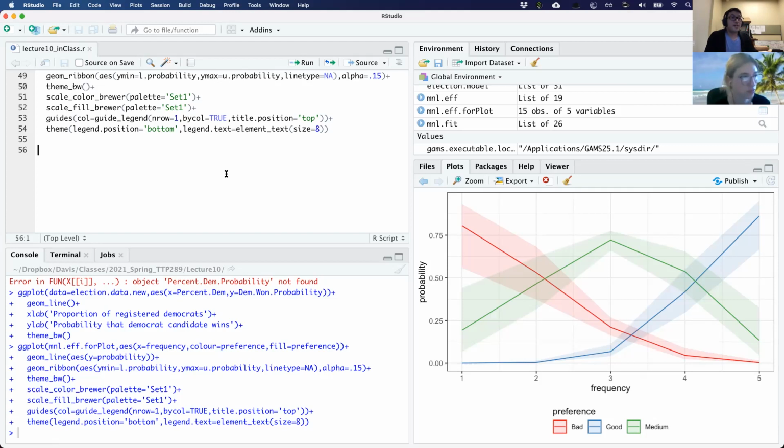Okay, so I want to show one more thing in relation to this multinomial logit model, which will help us kick into next class about topics looking at classification.